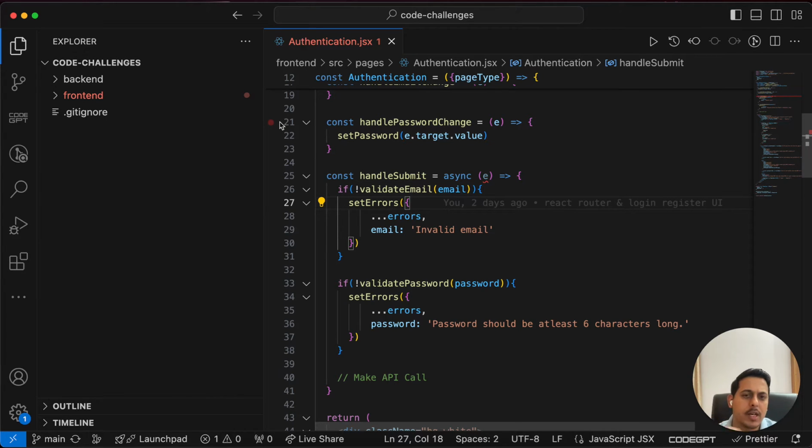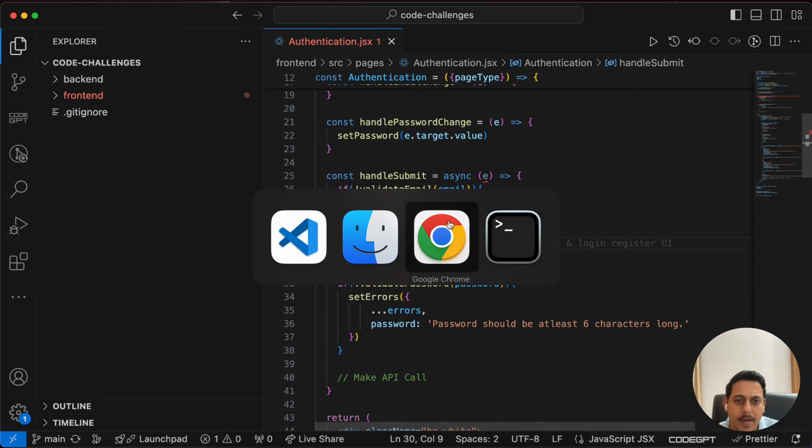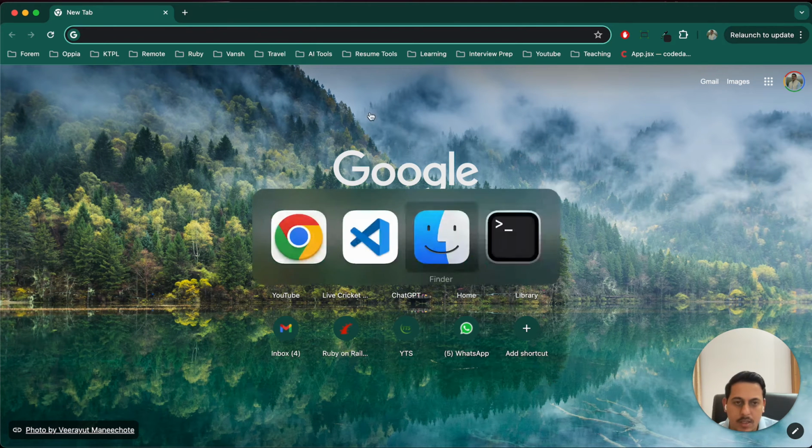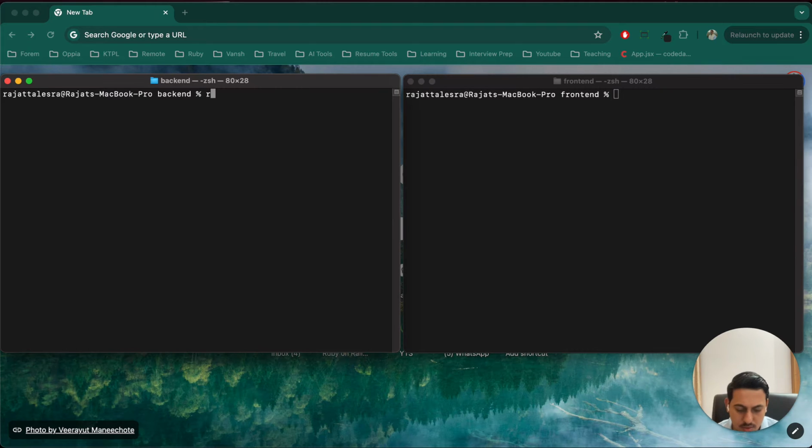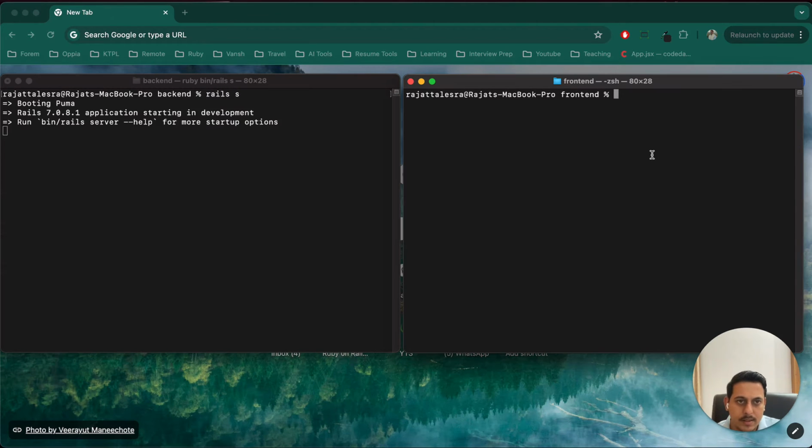And in the last video, we created the register slash login page. And in this particular video, we will focus on doing the API call, so basically connecting it with the backend. So let's start. Let me run the code, Rails server,